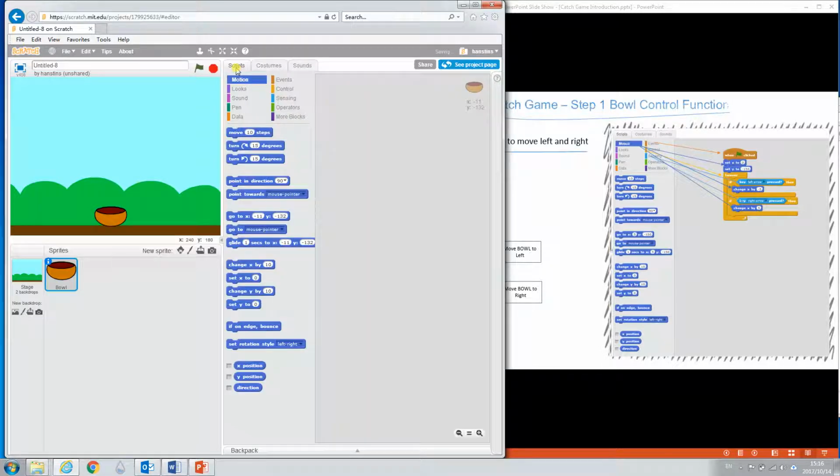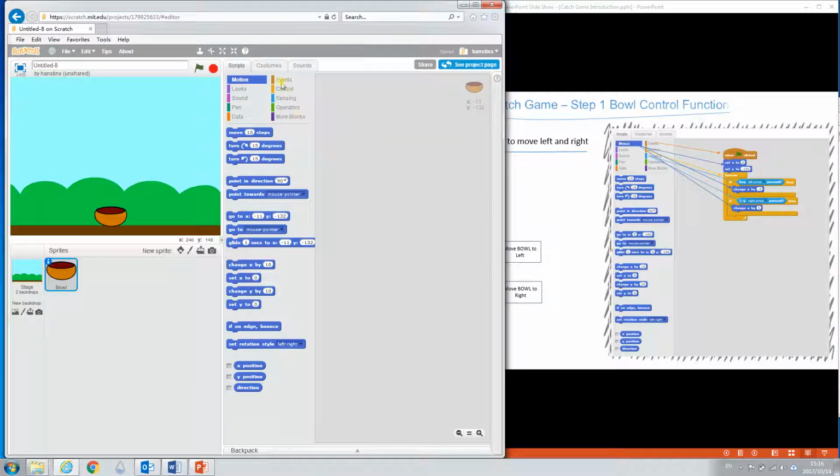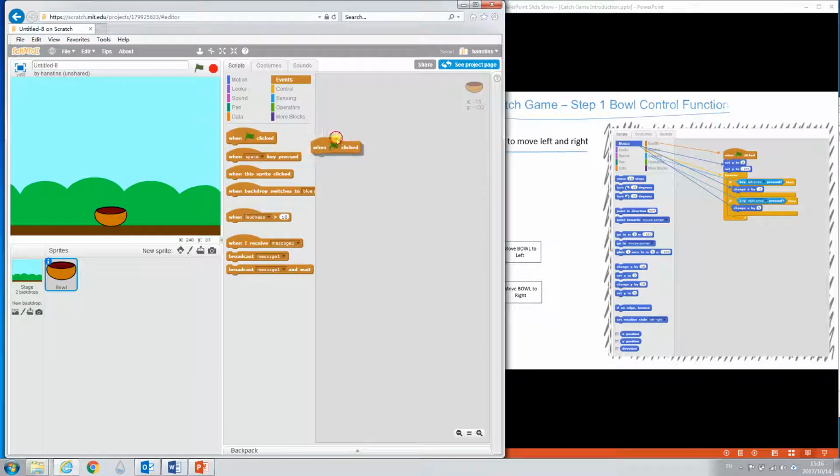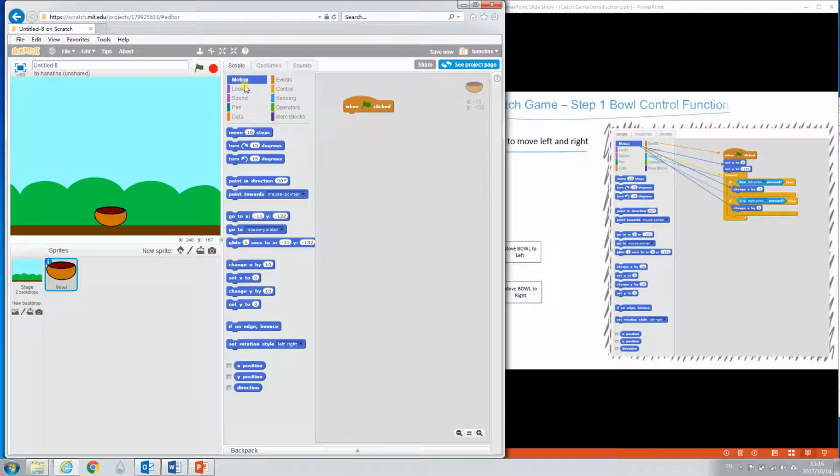Click the scripts, and as we said previously, everything starts from start. So we click Events, we drag the start block to here, and then we want to move the ball every time when we start again. We want to move the ball into the start position, which is the middle bottom. Before we move the ball to the middle bottom position,